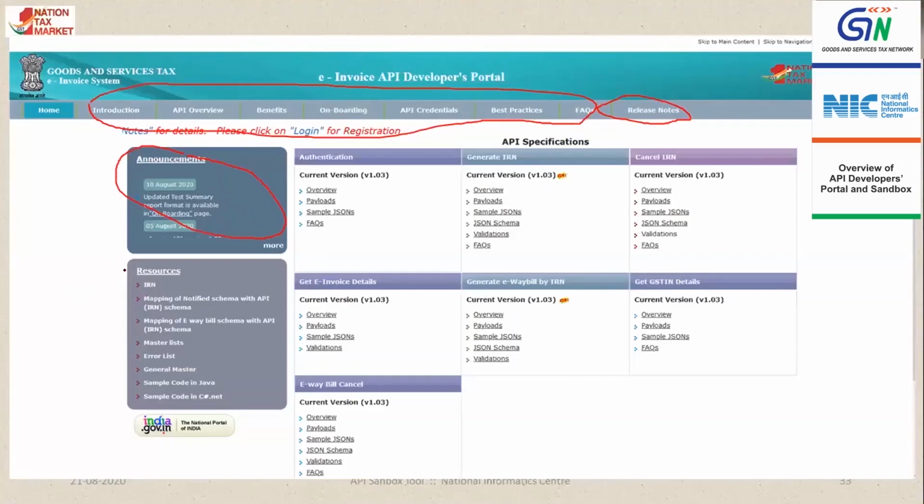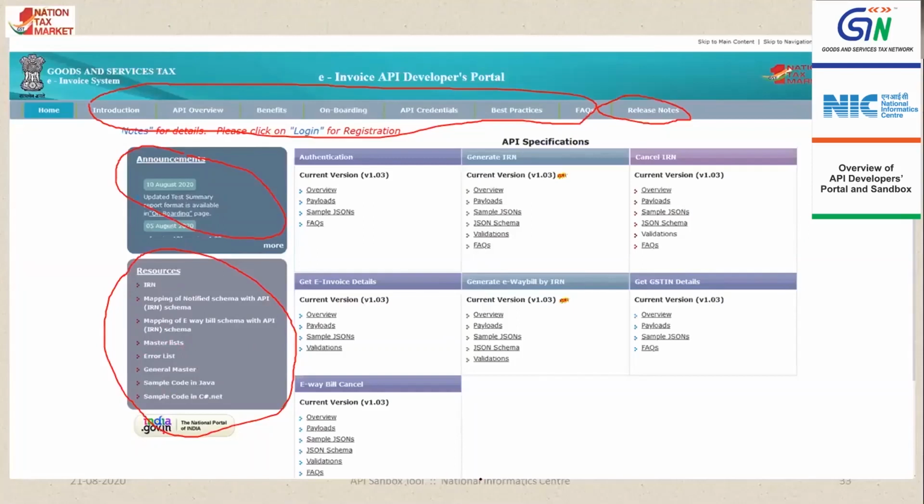So all the stakeholders are requested to look at this place for any updates. And here some resources for the developer community are provided, like on how IRN is generated, what is the mapping of the schema notified and the payload schema attributes are mapped, and how is the UABIL payload attributes are mapped with the IRN UABIL attributes, and various masters that are used in the API system are provided over here, and the error list, some sample code, etc. are provided.